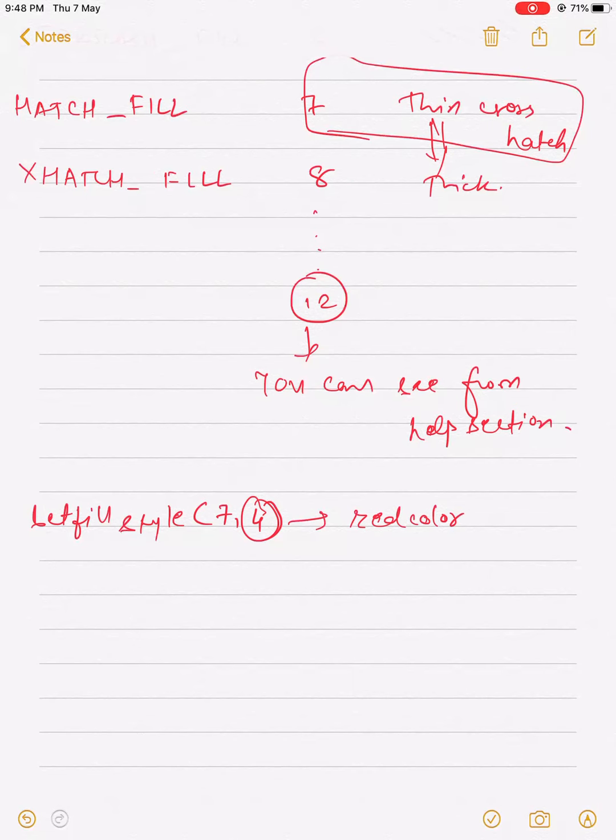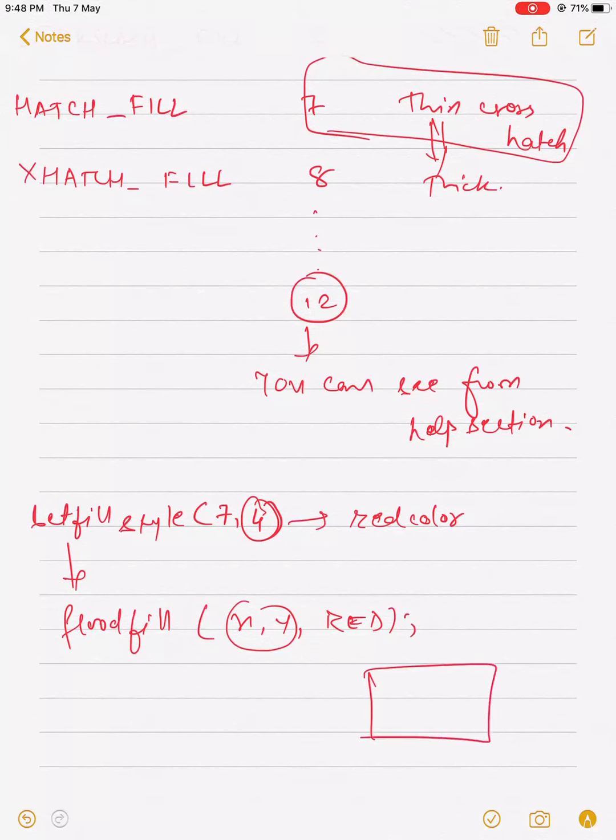To use set fill style, you also require flood fill. For example, flood fill x and y coordinate, color red. If this is a shape and these x and y coordinates lie somewhere over here, with the red color, what kind of hatching do you want? I want to flood fill the entire surface with 7 lines, thin hatch, of color red.